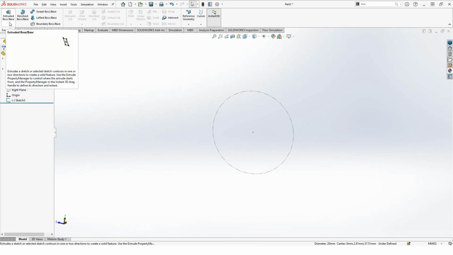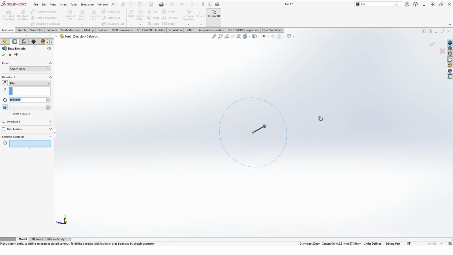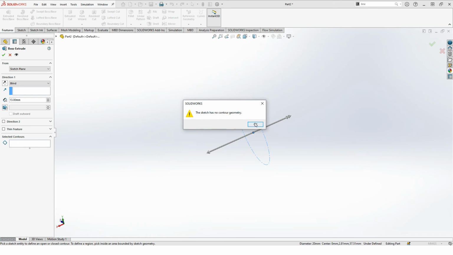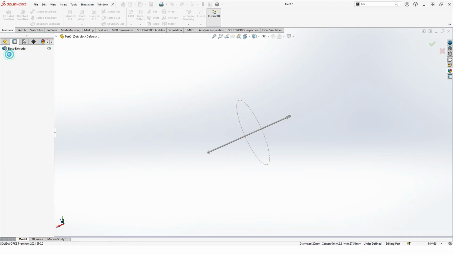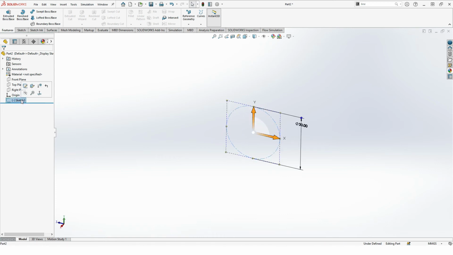feature, go to the extruded boss, and try to extrude this construction line. So I have extruded, but we cannot see any 3D model. Okay, the sketch has no contour geometry. It means we can understand that by using a center line we cannot create any 3D models. So the center line is only used for reference lines. Okay, so this was the definition for